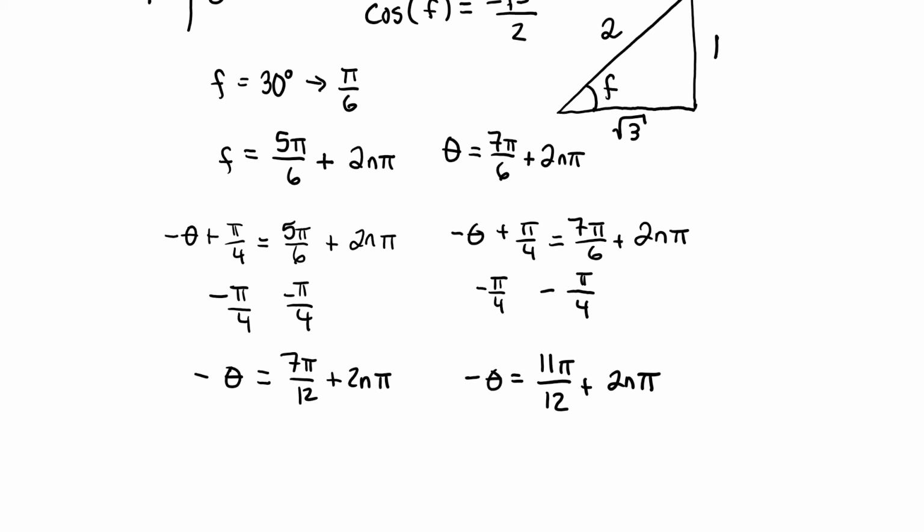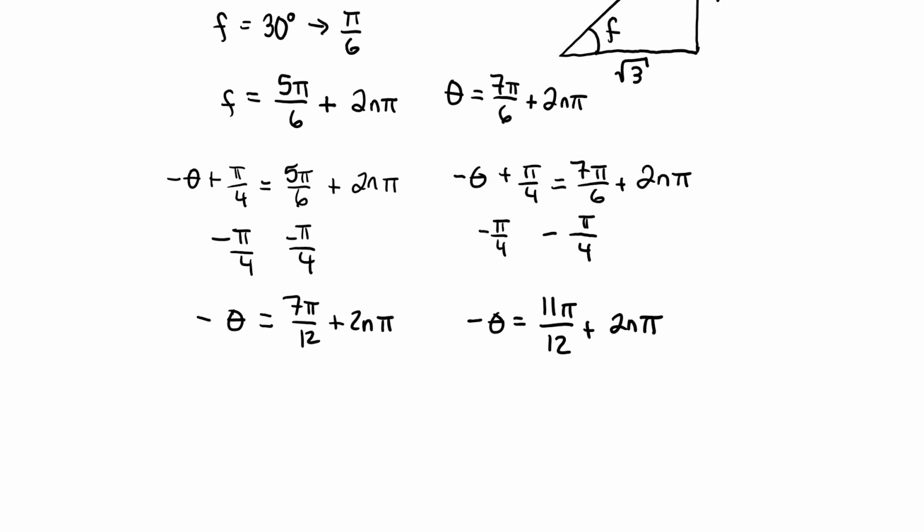Okay, so hopefully everyone has followed along with me up to now. If not, you can reverse this video and watch it over again and how I got to these two answers. And now we're still not done. We have a negative theta. So in order to get rid of the negative, we have to multiply both sides of the equation by -1. So we multiply the left-hand side by -1, and we multiply the entire right-hand side by -1. And our answer becomes